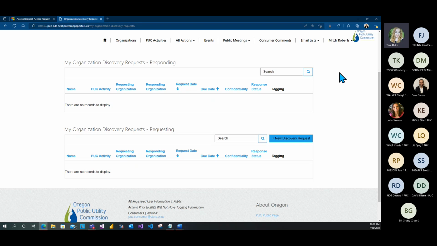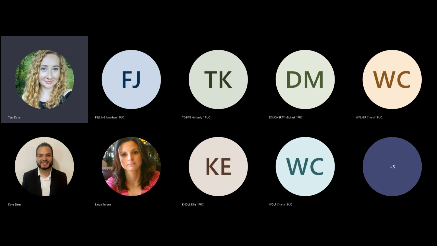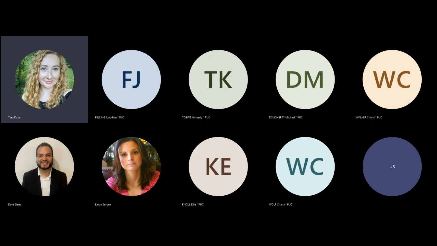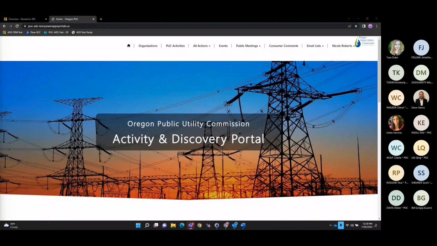The next piece that we're going to talk about is gaining confidential access to a PUC activity or multiple PUC activities. For that process, I am going to go back to sharing my screen. Does anybody have any questions before we move into confidential access? Does anybody have any questions on requesting access as a filer, data requester, or admin for an organization? All right. Okay, so I am sharing my screen to walk through the process of gaining confidential access to a PUC activity